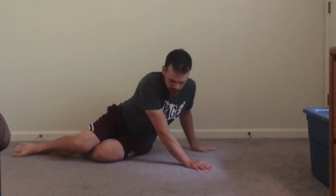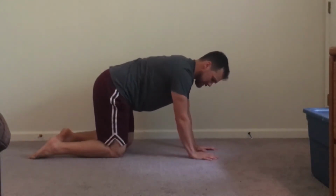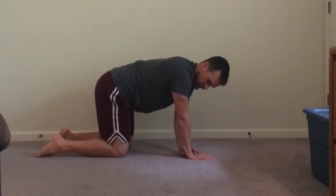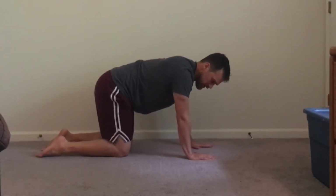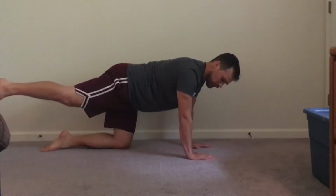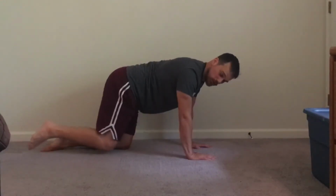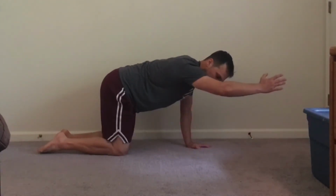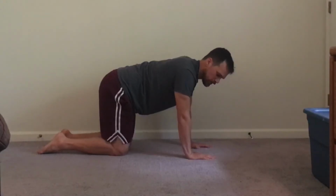The last one that we're gonna do is when we go through our bird dog exercises. If you're having trouble with putting weight, whether it's a wrist, hand, elbow, shoulder injury, you might want to just lift one leg and not lift the opposite arm, because then you're not putting so much weight into the arm when you're doing it. Or you might do just lifting one arm. You could also do,